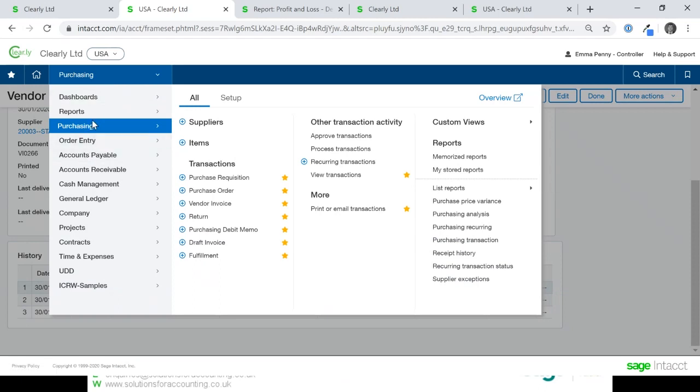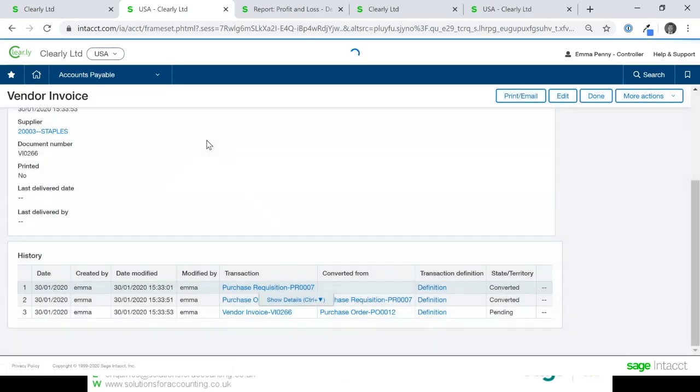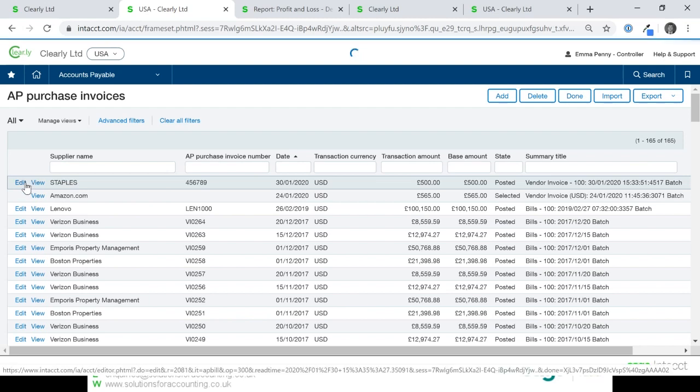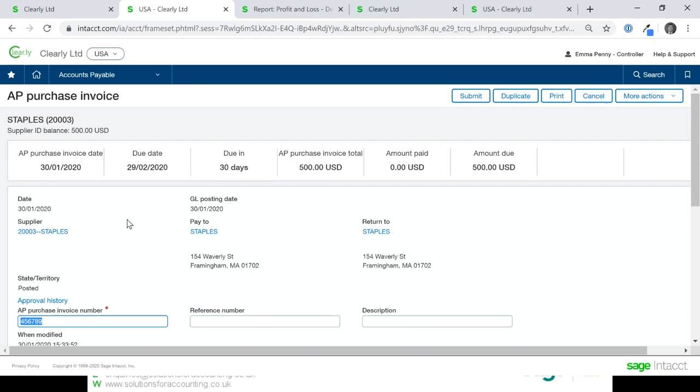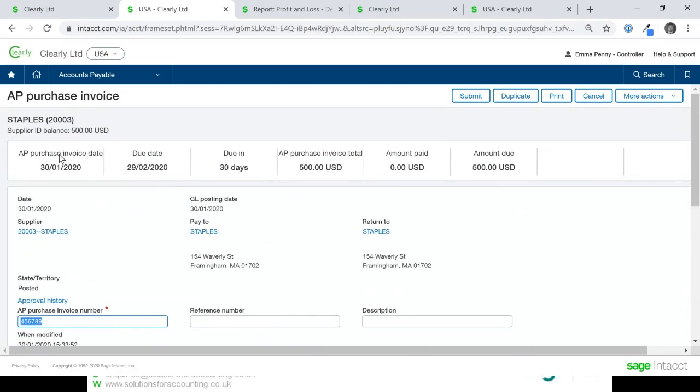Because we've got to the point of an invoice where the accounts payable is going to be affected, you will now see that our posting rules on that transaction have said, when you post this, we need to put something into AP. So when we go into here, we'll see that an accounts payable invoice has been created for us. And again, it's linked all the way back down to that very starting point. It's linked to that particular invoice. And from there, you can get into the history of everything.